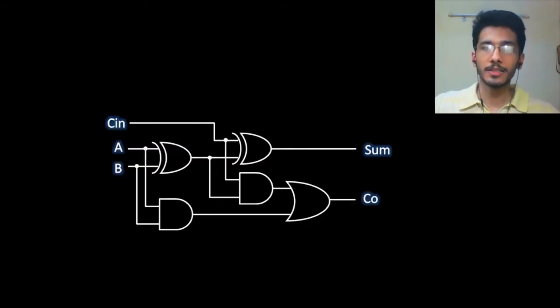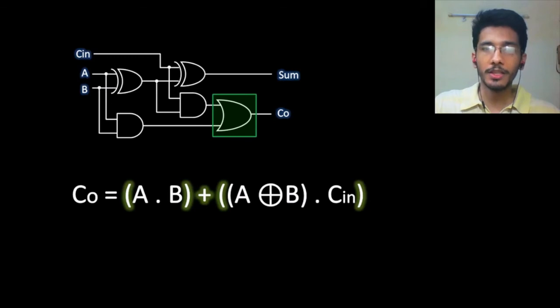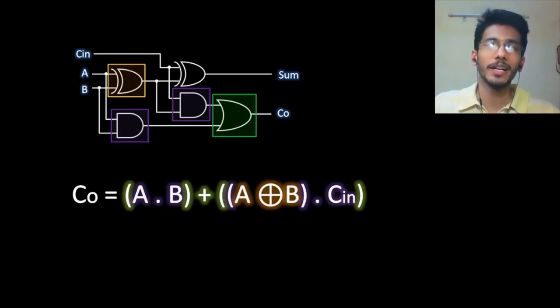So just like the sum output, we need to first figure out the Boolean equation of the carry out, and this is the Boolean equation for the carry out. Now the carry out is an OR operation between two functions. One of these two functions is A and B, and the other function is an AND operation between carry in and a third function. This third function is an XOR operation between A and B. At this moment, I would recommend you pause the video for once and relook at this equation, because I know initially this looks a bit confusing.